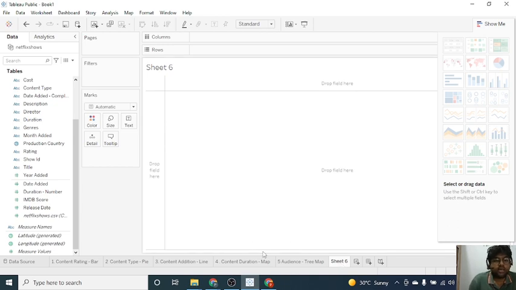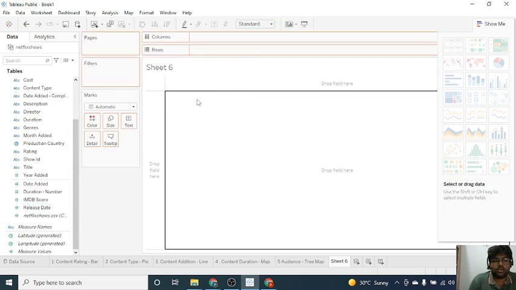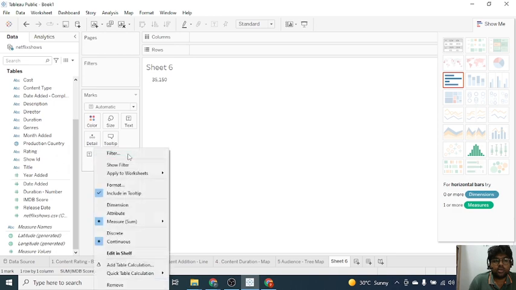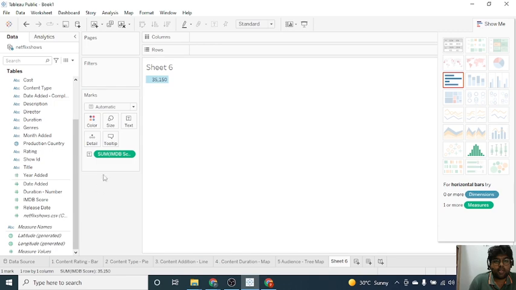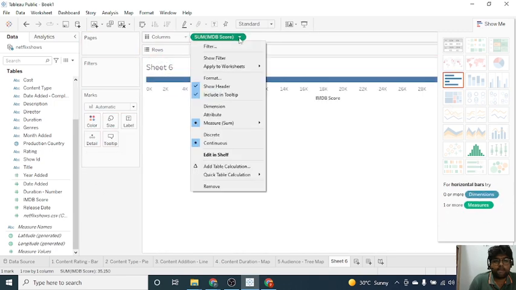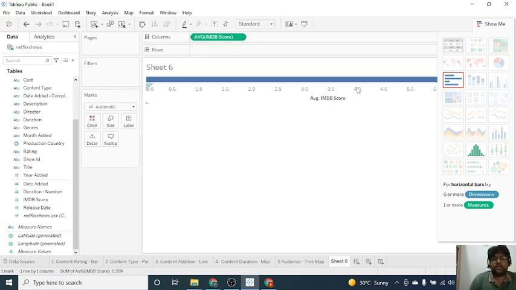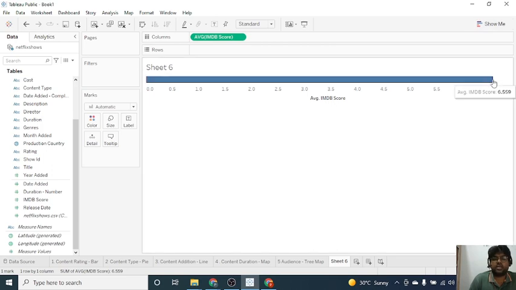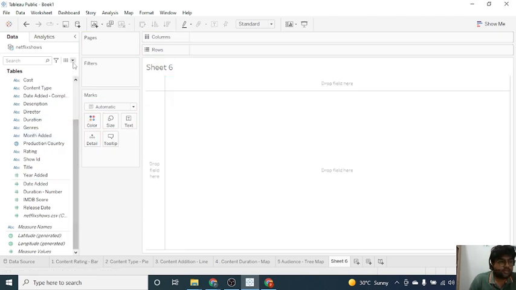Let's create a new field based on the score. So we have something called the IMDb score, and let's see what is the range. So we can say that if we click average, we see an average of 6.5 as a score, and the IMDb score ranges from 0 to 10. So let's try to create a new field